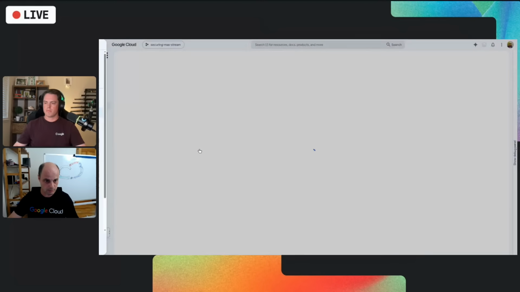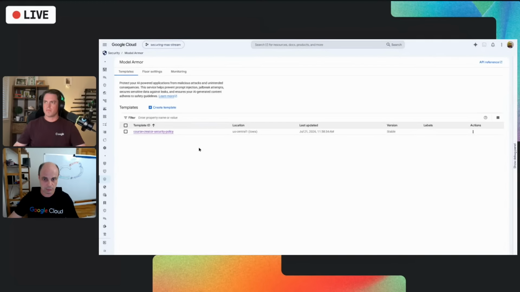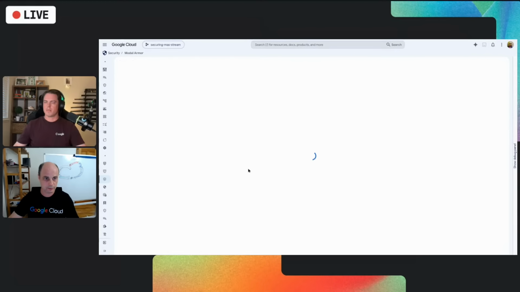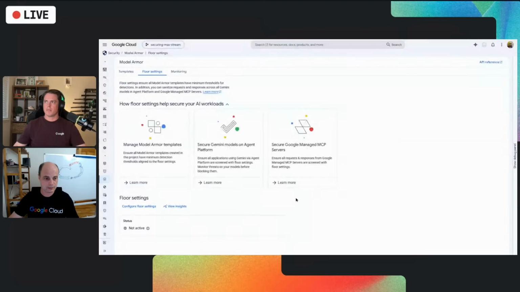So in the Model Armor service, let me see if I can actually show it. Let me first share my screen again. I was too quick to stop sharing. So let me return to Model Armor. And in Model Armor, besides the templates, we have floor settings. And the naming may be a bit